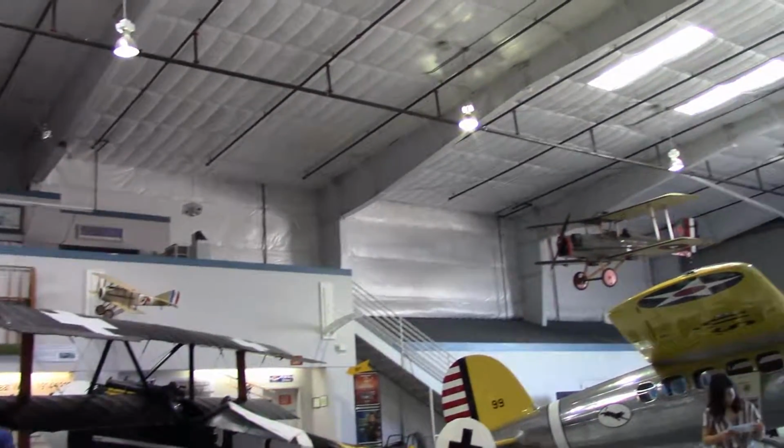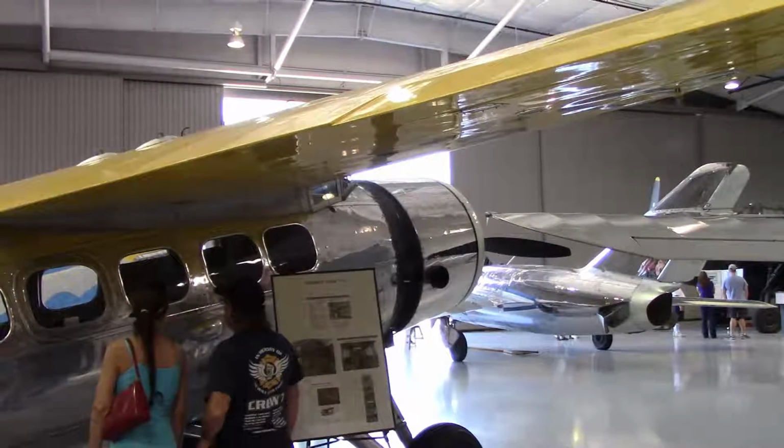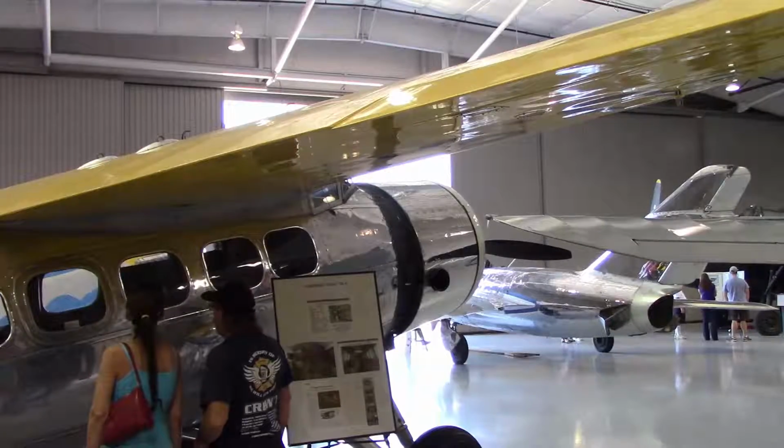They're pretty fragile. Next you go to the Vega, which is kind of a mid-period, but it was one of